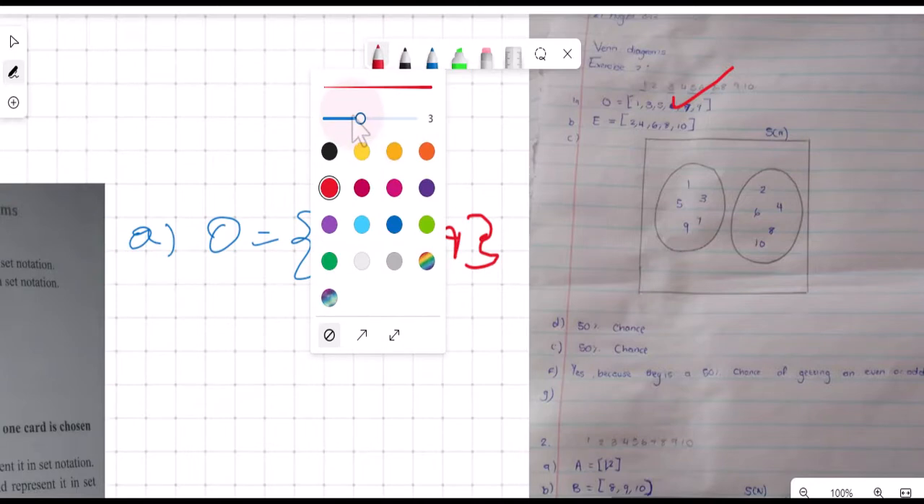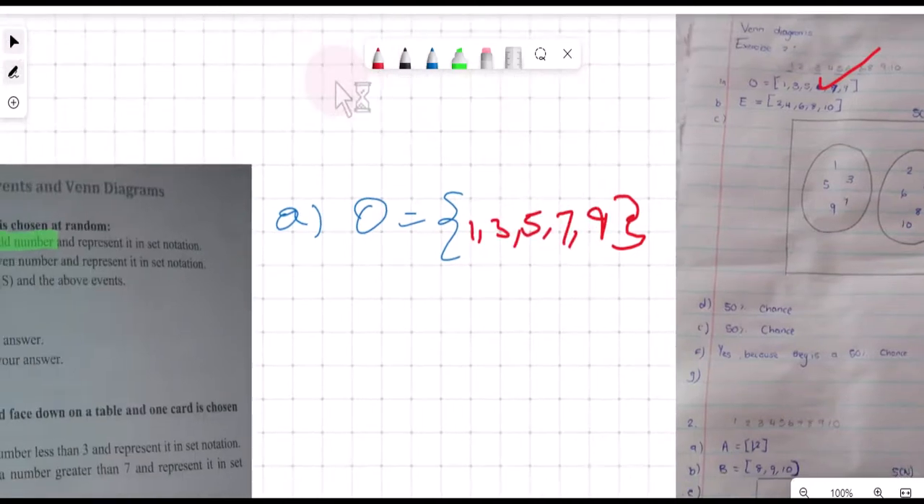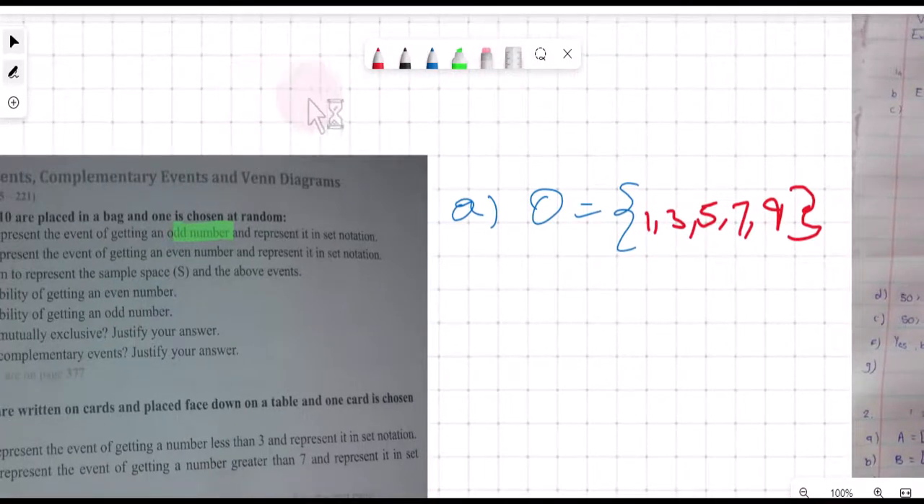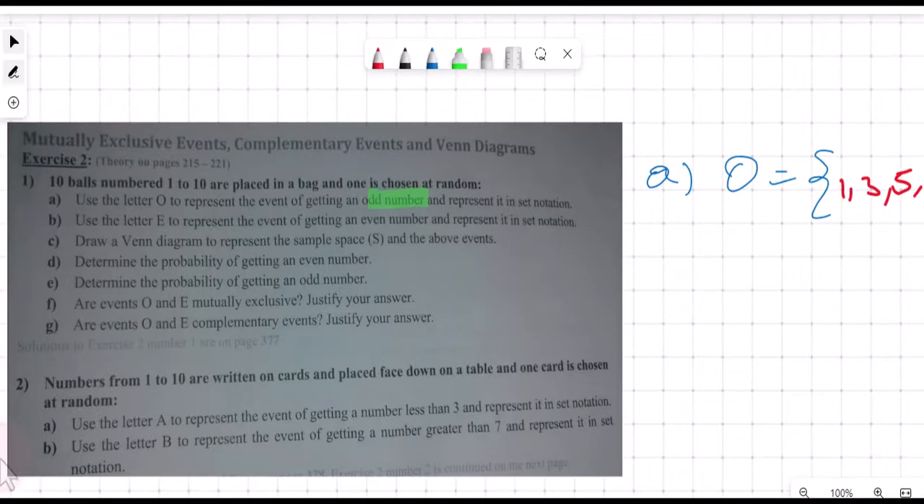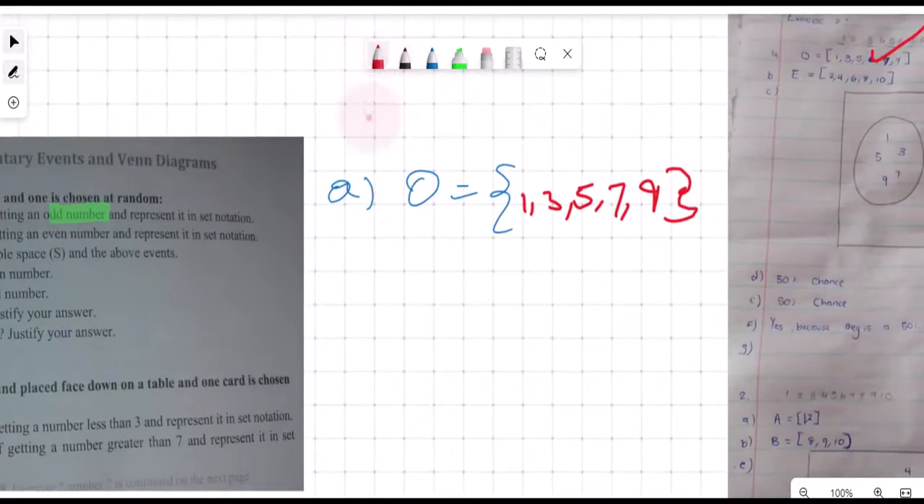Then let's go to the next question. This was number A. The next question, that's our set. Use the letter E to represent the event of getting an even number and put it in set notation. So E, that's number B. Let's go to number B. E is equal to,